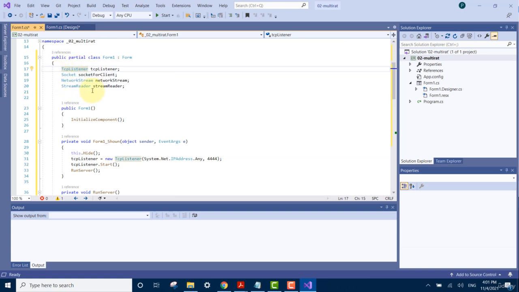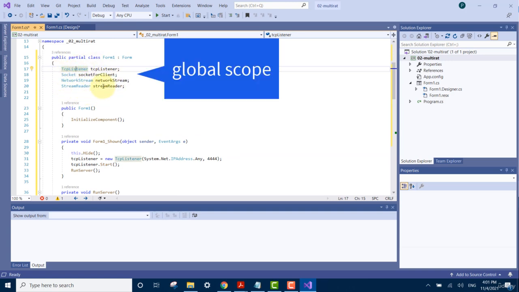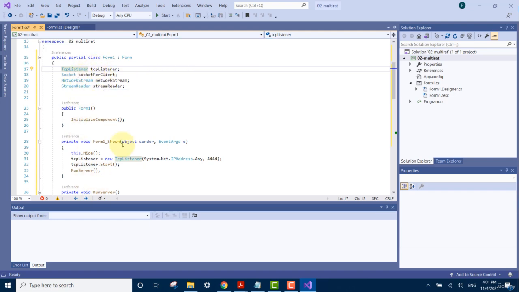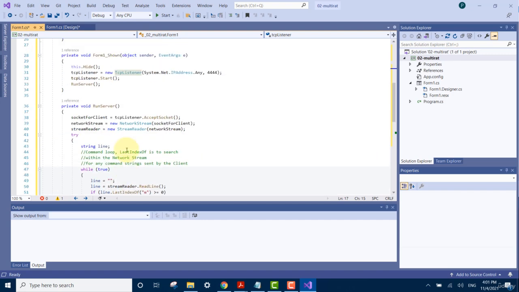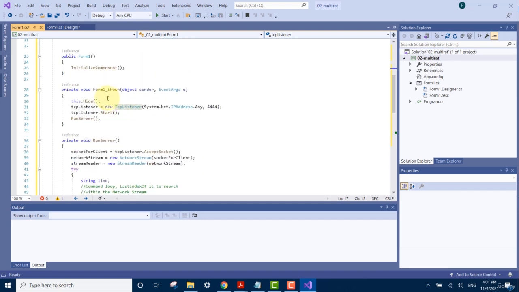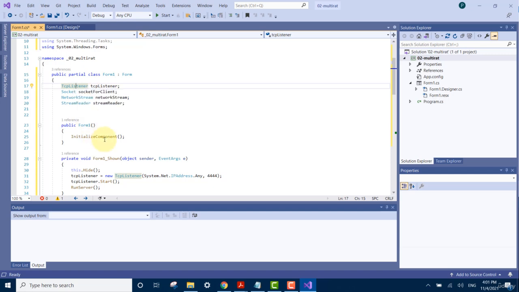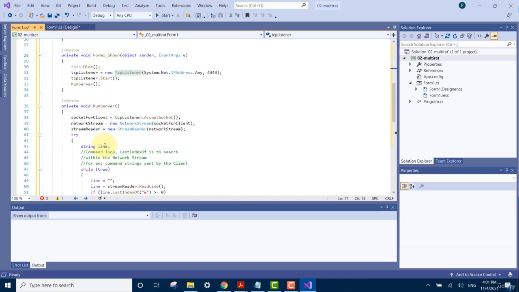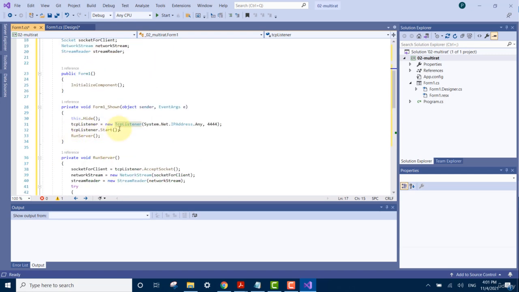So we declared it here because we want these objects to be global scope, meaning that it can be viewed from any method inside this class. Previously, our TCP listener was inside form1shown function, but now we moved it outside so that it can be viewed from other functions. And then over here we will start the listener using the start method, and now we have a new user